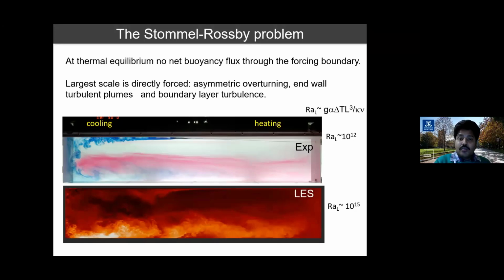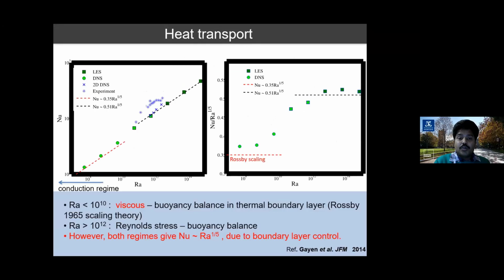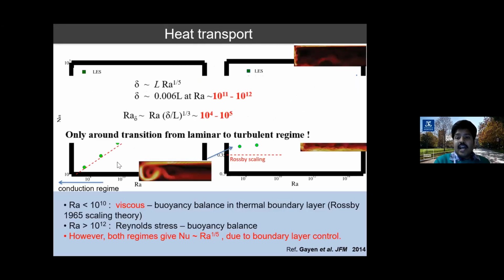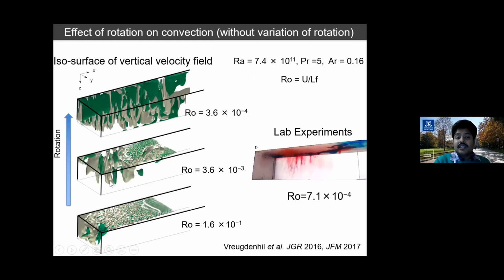The only thing we found with rotation, if I go to the contour, is that as soon as we increase the rotation, we start seeing this end-wall plume turn into the plume in the middle, because of the shielding mechanism you have seen. The fresh water, the low density water, is not shielding, because the low density water is forming the boundary current, going this way, crossing the basin and that way. So the shielding mechanism, or the stratified boundary layer, suddenly disappears with the addition of rotation. Then it will be a kind of Rayleigh-Bénard scenario over the cooling part.